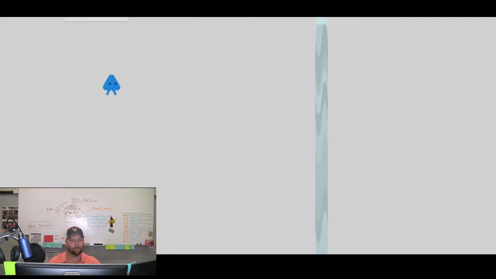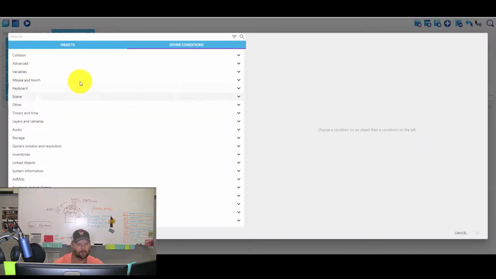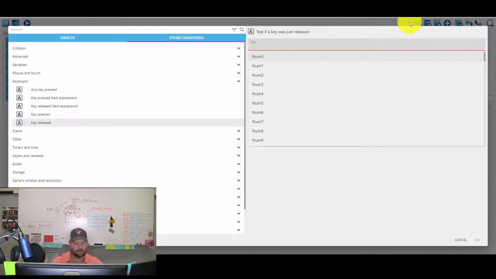Okay. We're gonna wanna fire a missile from our player to the enemy. We want that missile to generate itself right at the player. So we're gonna add a new event. Whenever the space bar is released, so we don't want to press and then have a whole bunch pop up. We want it when it releases, so only one missile will pop up. Conditions, keyboard, key released, space,